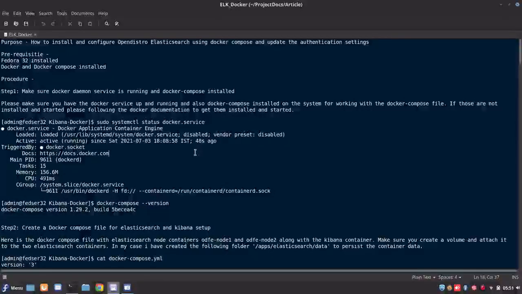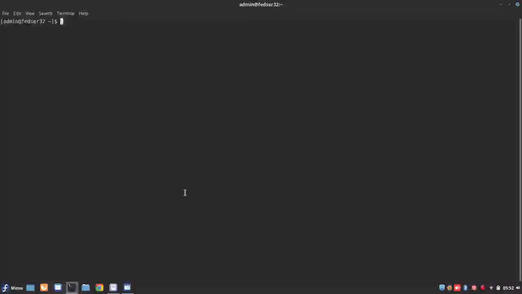You can get the sample Docker Compose file for installing the Elasticsearch and Kibana services of OpenDistro from the OpenDistro documentation portal. Okay. So let me show you that Docker Compose file also.